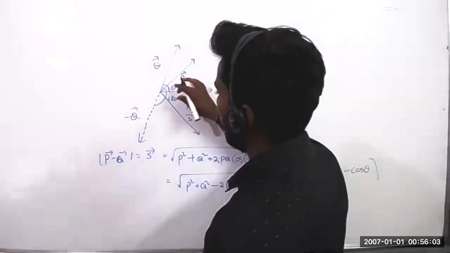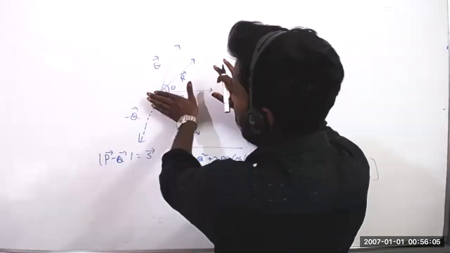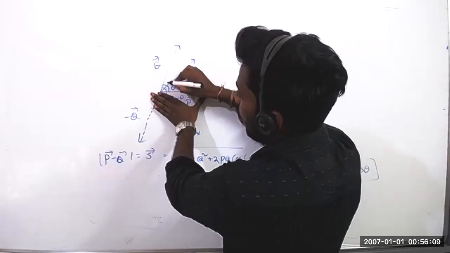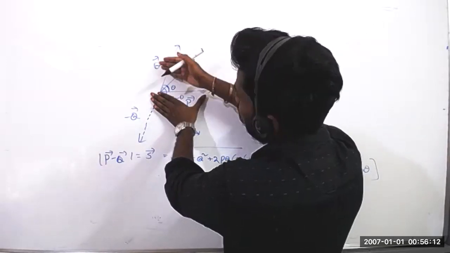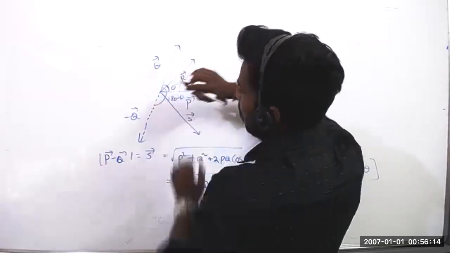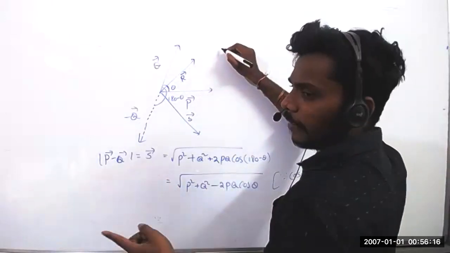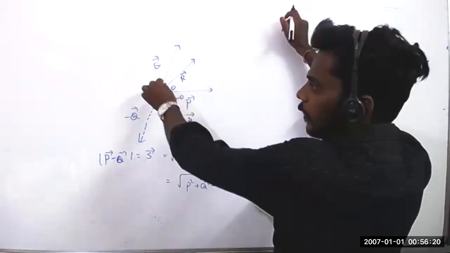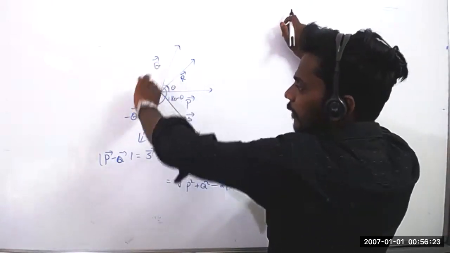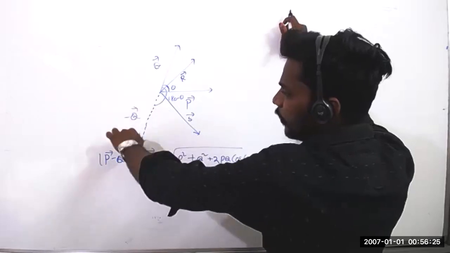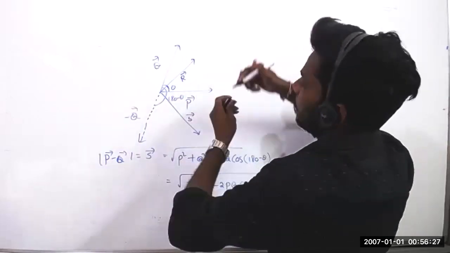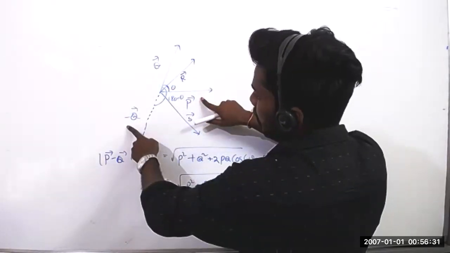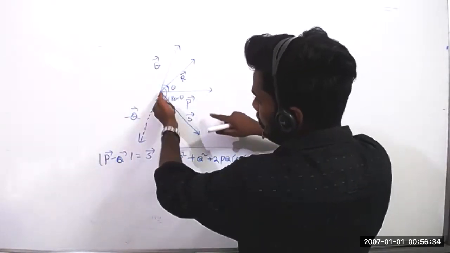Now see. Originally, it is P bar and Q bar. The resultant is this. The angle between Q and P is theta. Now what I'm doing is adding. Subtraction means adding a negative vector, right? Now this vector I give in the reverse direction, which means a negative vector only, right? So it is P bar and minus Q bar. The resultant of these two will be this, right?